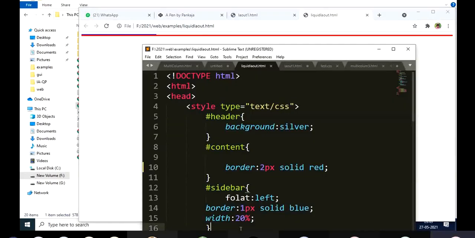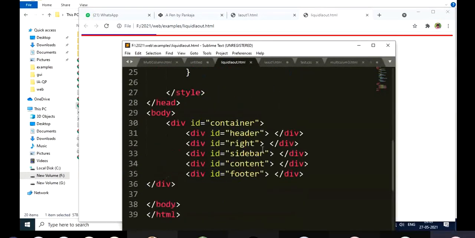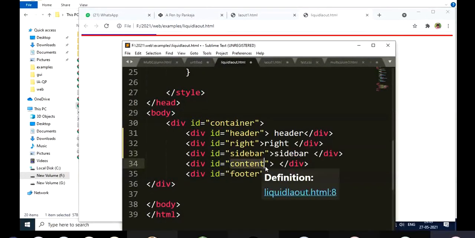You just keep changing these properties, and you will be able to see the content. Let me just add these headings. You check in the textbook also what example they have given.